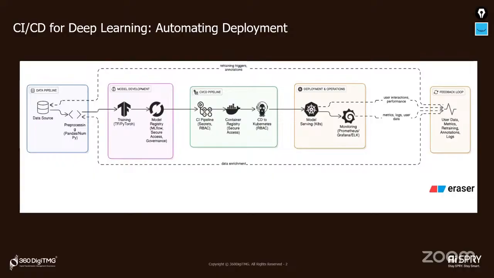After this, we will have a continuous feedback loop. Here we can also have log functions, which can be accessible to admins or other roles. Then there is a feedback loop. The deployed service collects user interactions, metrics, and logs continuously. It will do